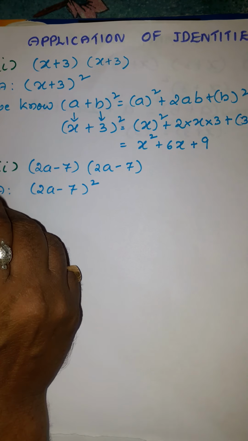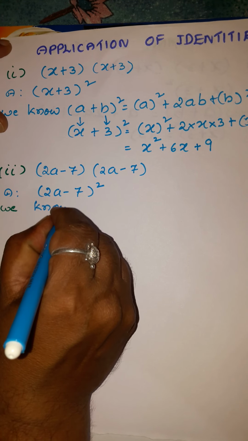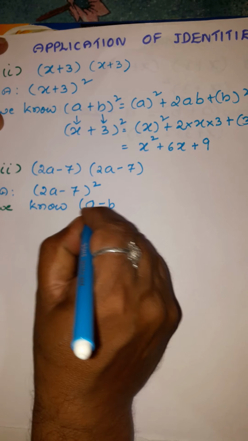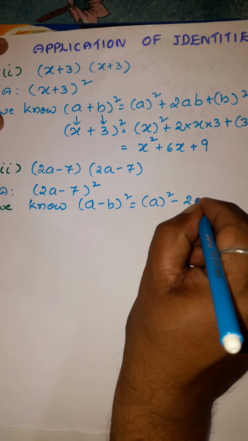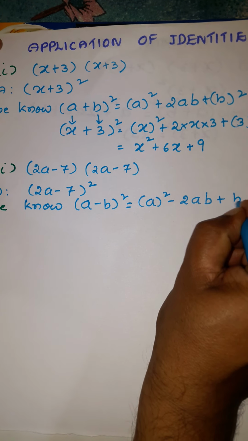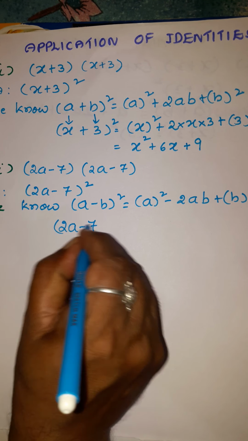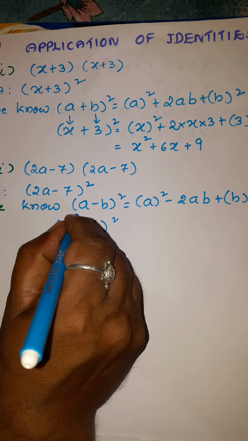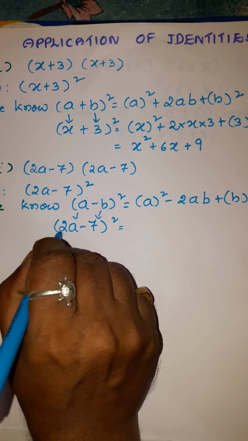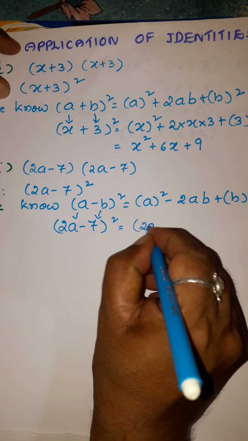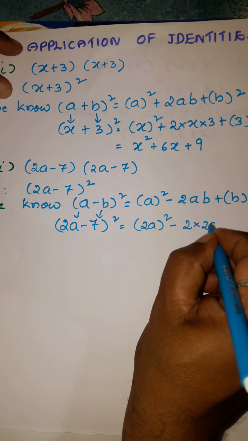So we have to use the suitable identity. So we know (a minus b) whole square equal to a square minus 2ab plus b whole square. Now (2a minus 7) whole square. Now in the place of a we have to write 2a, in the place of b we have to write 7. Now square of the first term, 2a whole square, minus 2 into first term 2a and second term